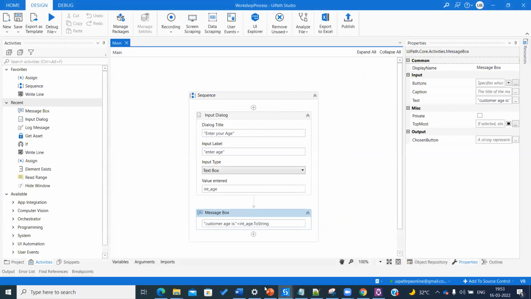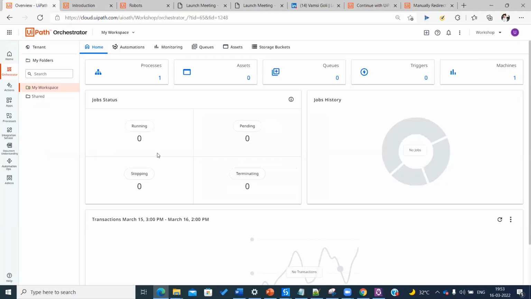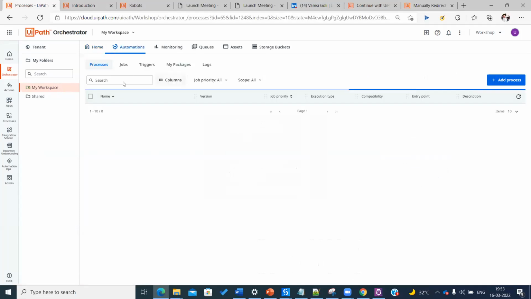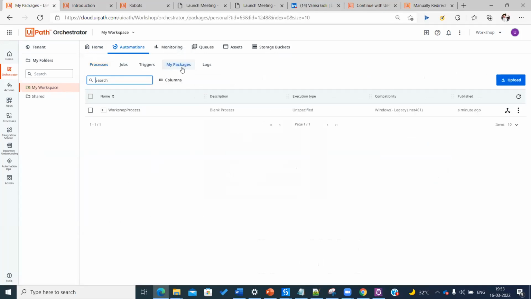So now what I need to do is go to UiPath Orchestrator. Now if you go to this workspace where I am working, and you click on processes, I'll explain what processes, jobs, triggers, everything are. So now if you see my packages, here you see the workshop process package is deployed directly to the Orchestrator, and it says published a minute ago.